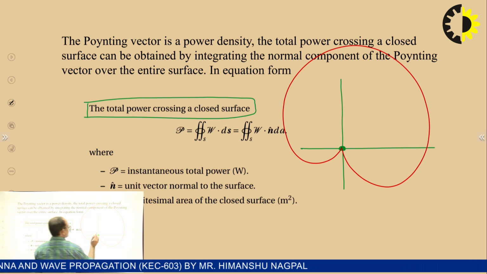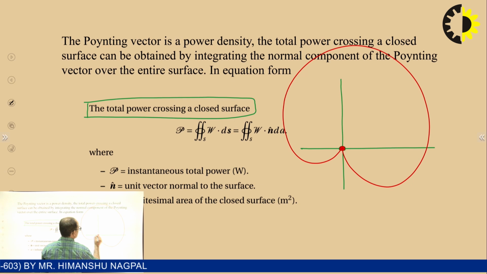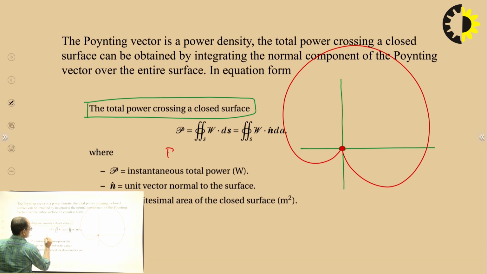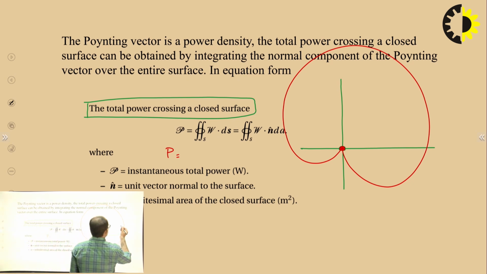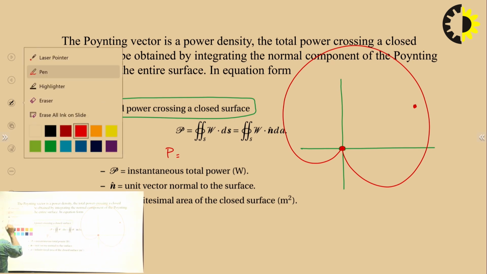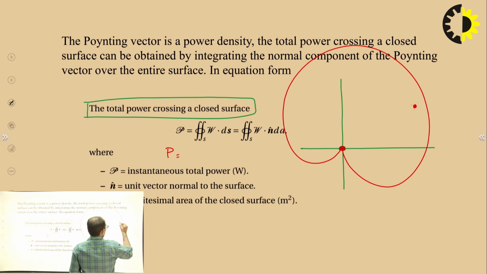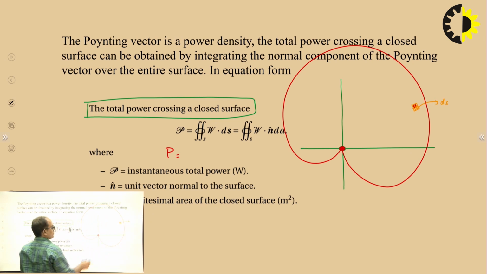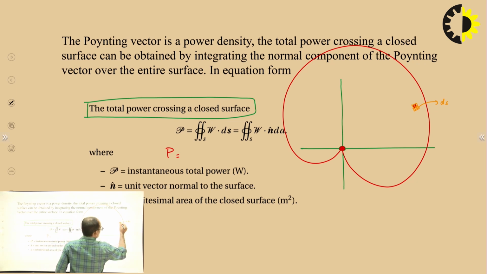So the total power which is radiated by this antenna is described by P, and this P will be equal to what? This is the total power radiated. If I want to calculate how much power is radiated by this antenna, take a differential area, let's say a smaller area, which is defined as dS. And from this, if I want to calculate how much power is radiated by this area, this is defined as,